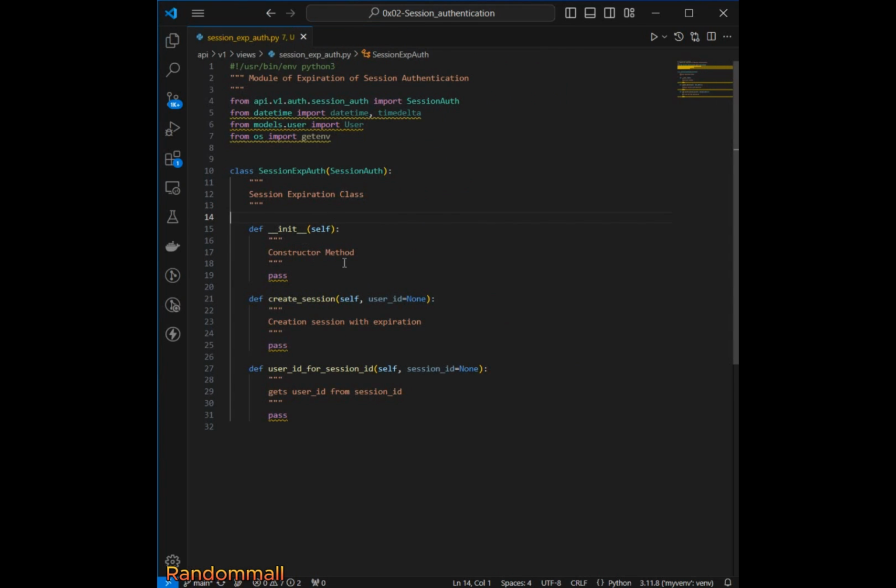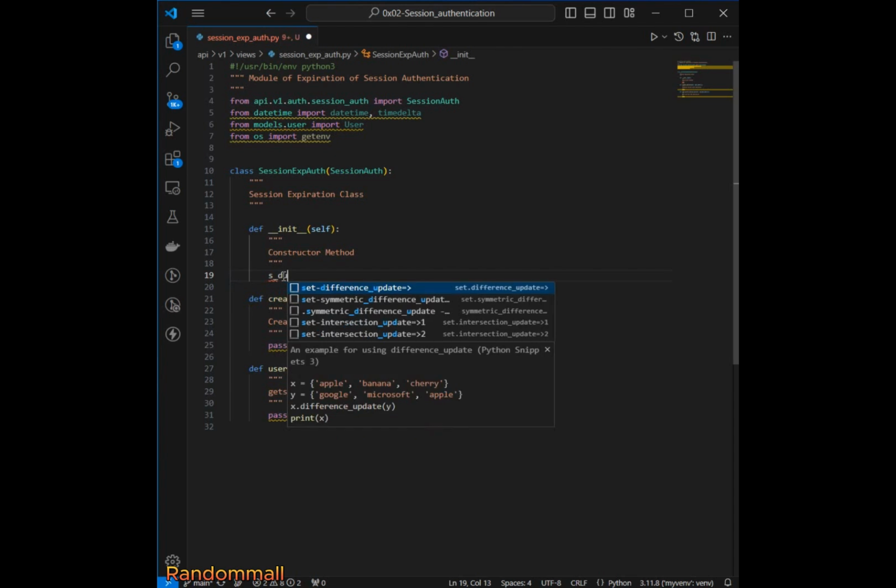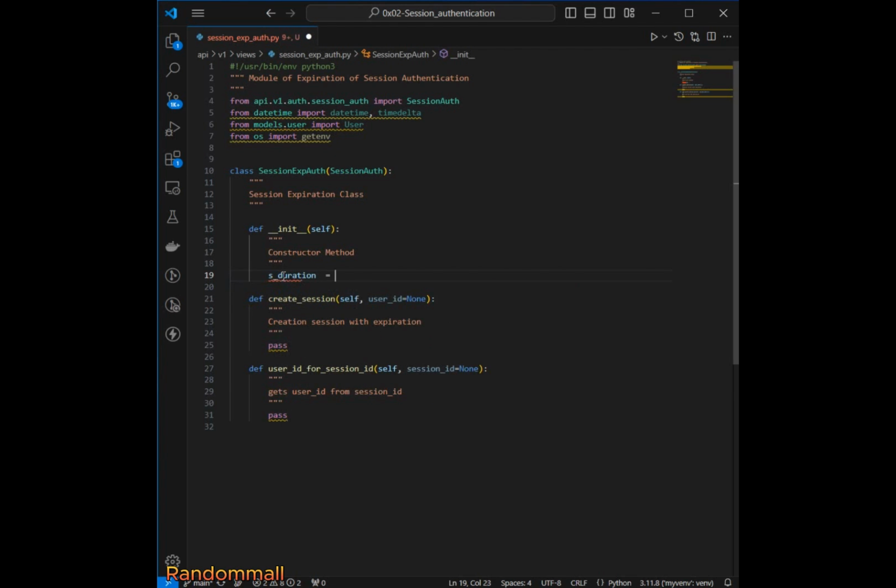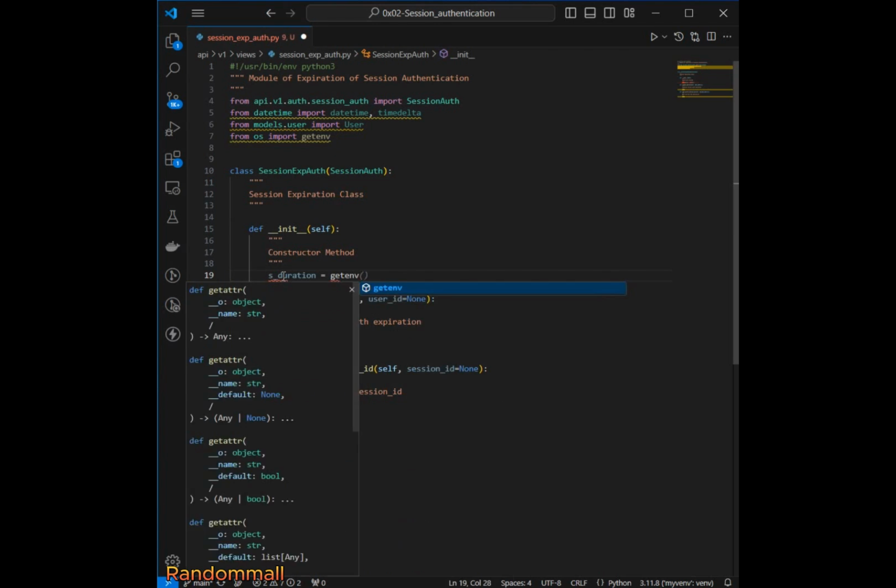So we already have two of the methods and the constructor here. So we are going to go ahead with the task. First, we are going to get the session duration from the environment variable, which is where the session duration of the session in seconds will be held for every client. So I'm going to call it s_duration, set to getenv